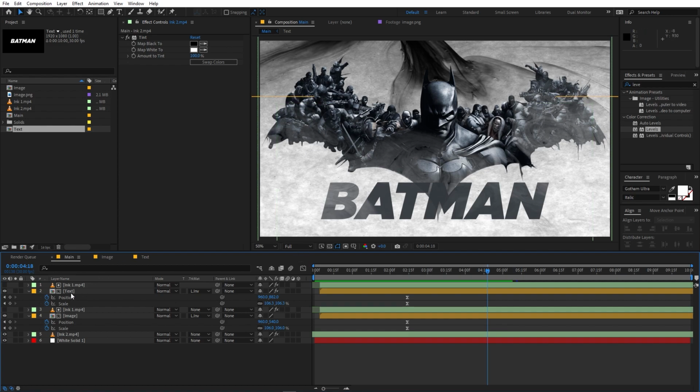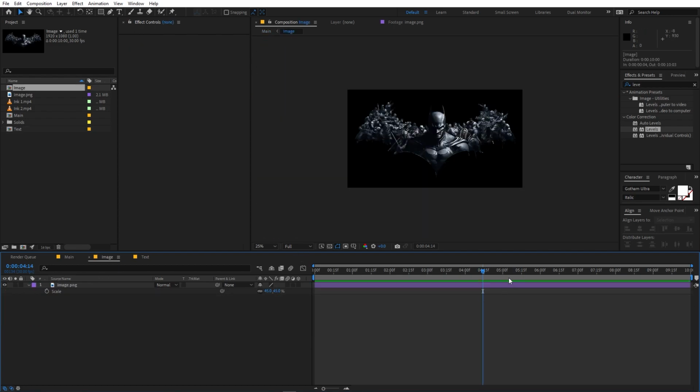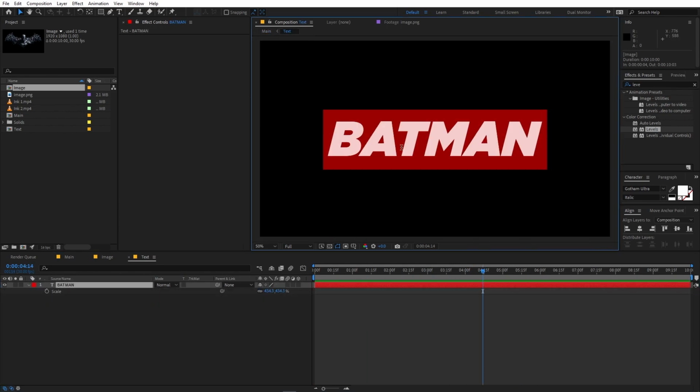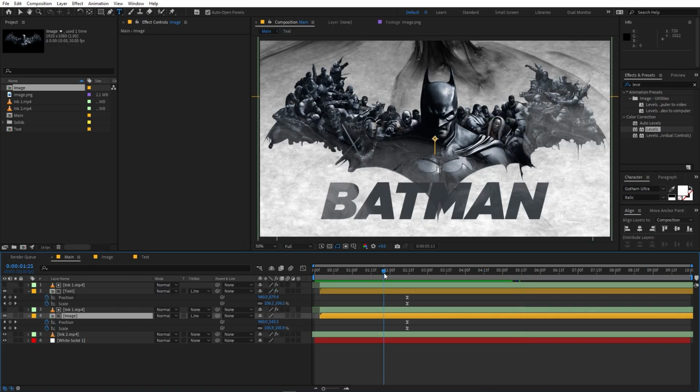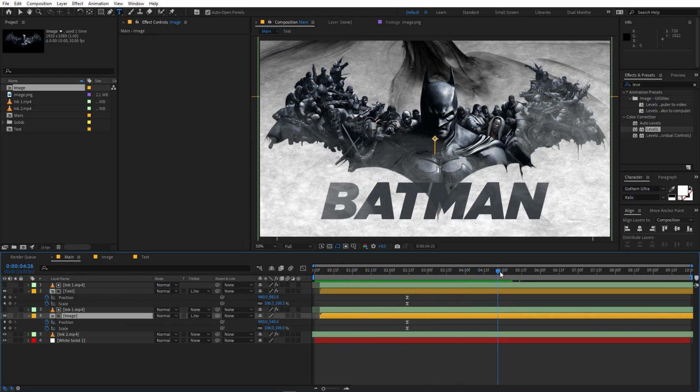So if you want to change the image, all you have to do is just go inside this comp and you can drag a new image into this, and you can also change the text from here and you can type whatever you want. So this is how you can create these kind of animations,